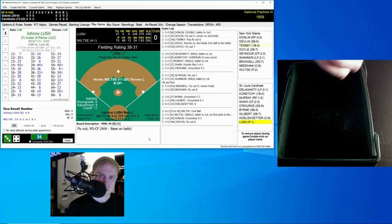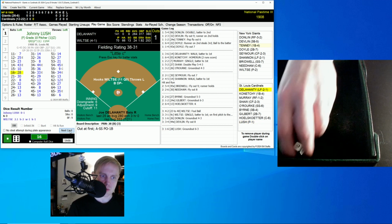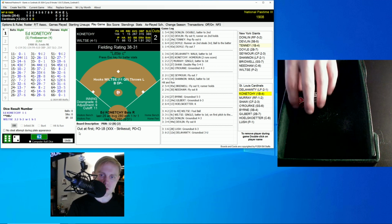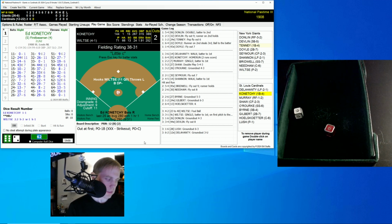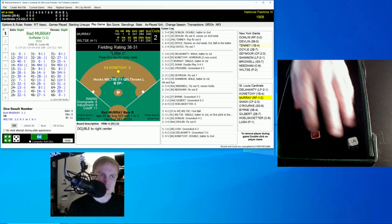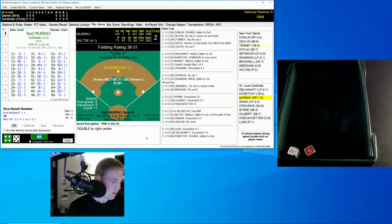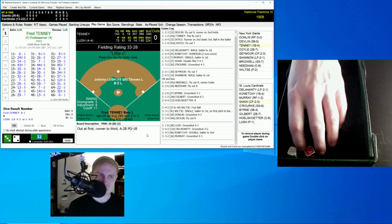We go to the bottom of the third inning, and it'll be Johnny Lush, the pitcher, to lead this off here for St. Louis. He rolls a 16 for a 28, ground ball to short. Bridwell throws to first, 1 away. Joe Delahanty up next. He rolls a 62 for a 12, ground ball to first, and it'll be Tenney going to the bag himself, 2 away. Ed Konetchy now rolls a 66 for a 0, and his next roll is a 45 for a 6. That'll be a double over to right center field, and that brings up Red Murray. So the Cardinals threatening again, 3 hits now. But Murray only rolls a 32 for a 26. It's a little ground ball over to Doyle, who throws to first,